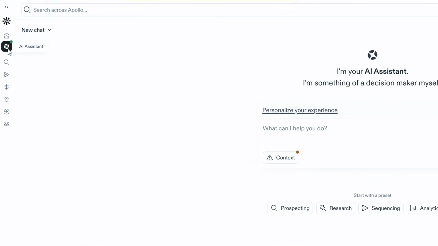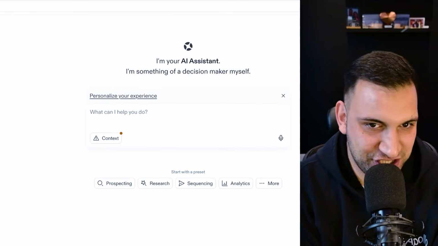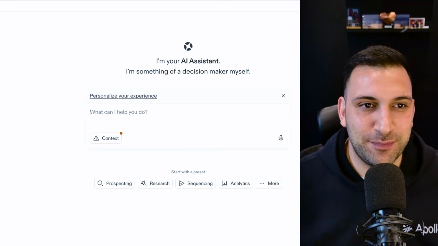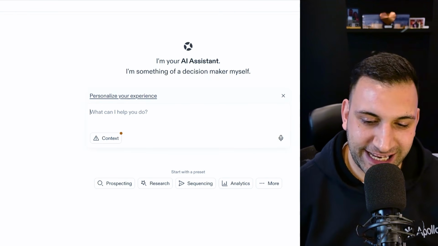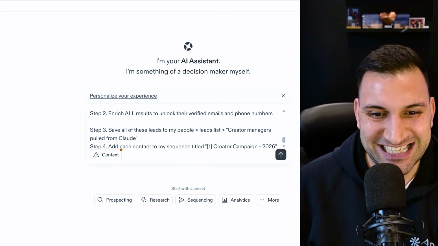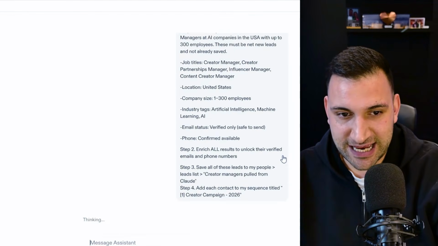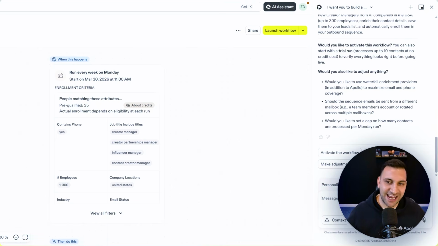We're going to navigate over to Apollo, and on the left hand side we're going to tap this AI assistant button, and we're going to use Apollo's internal AI agent, the AI assistant, which has the ability to control your whole entire Apollo account and conduct pretty much whatever activity that you want. And I'm going to paste in this exact prompt that we wrote out for Claude, and then we're going to hit send. Even though Claude's connector is phenomenal, it was able to do everything else that we asked. There's just some things that the native AI assistant, pretty much everything within Apollo, can do better.